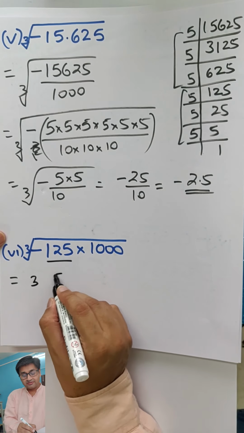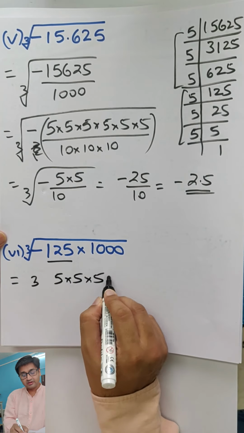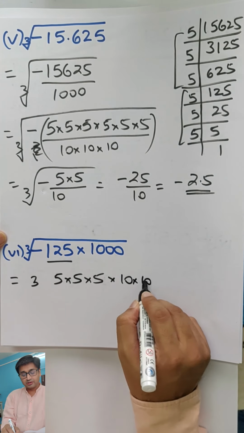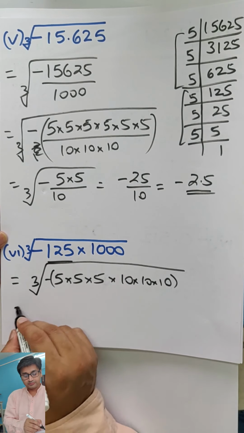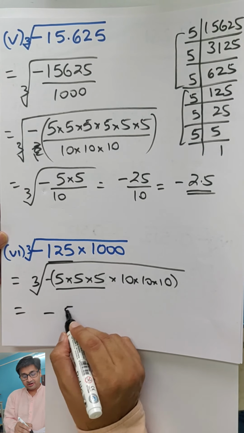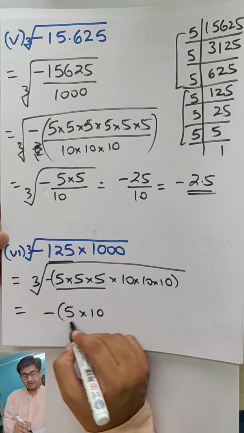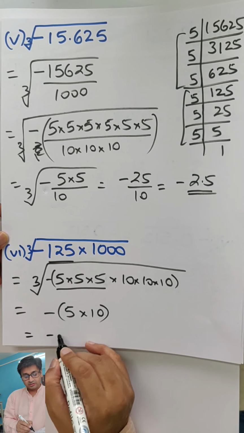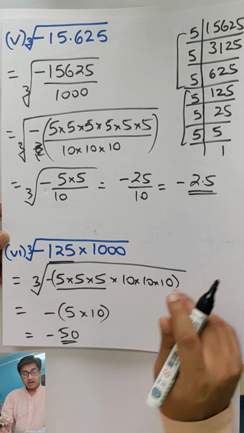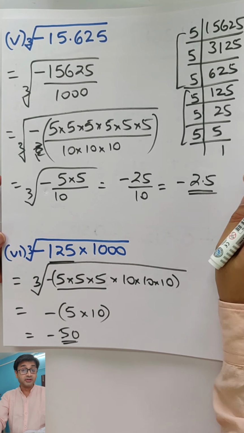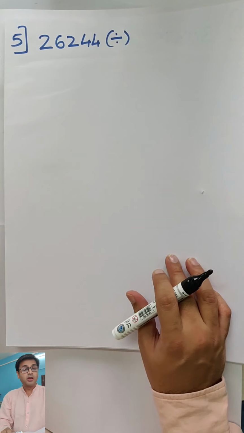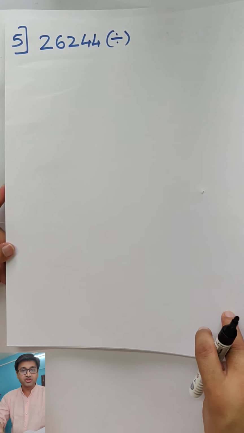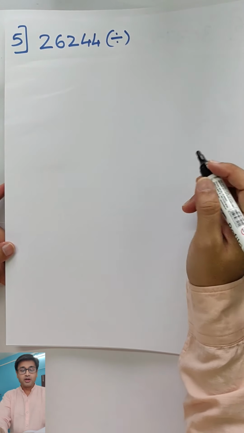So you know 125 is 5 into 5 into 5. And you know 1000 is 10 into 10 into 10. Minus sign outside, everything under the root. So here I'll get 5 and here I will get 10. Root is gone. So minus 5 by 10. How many managed to get this mentally within 30 seconds? That means you are doing brilliant. Hats off to you all. If you are not getting it at any point of time, pause the video, go behind, check the solution and then come back. Don't worry.